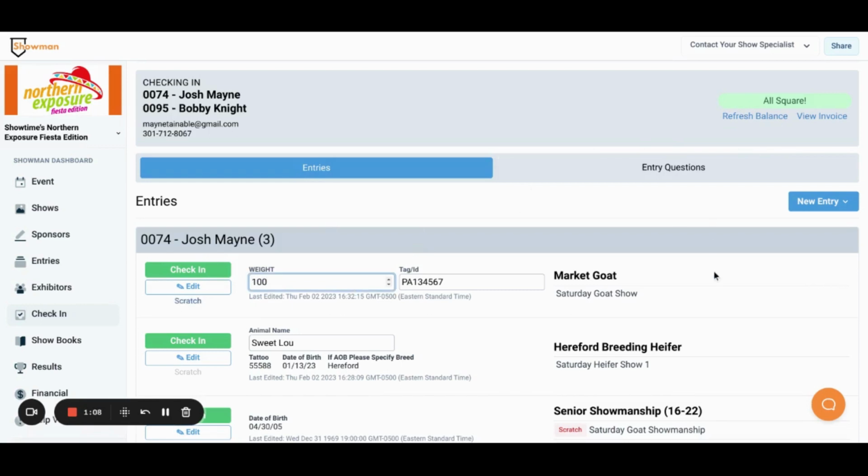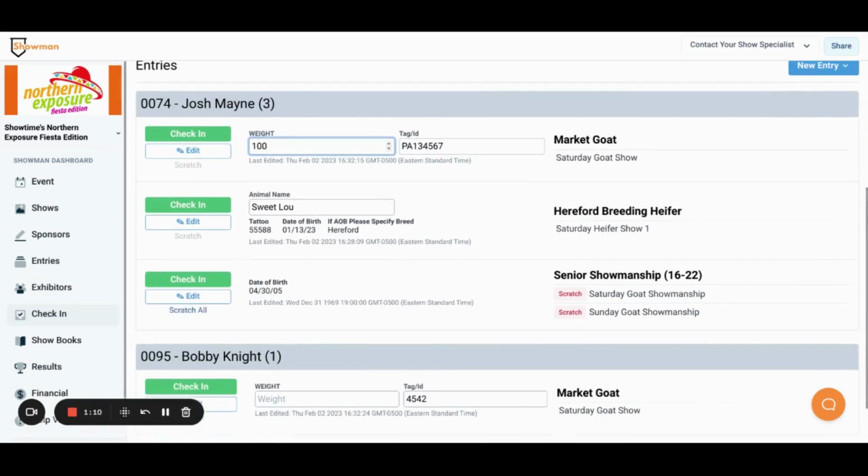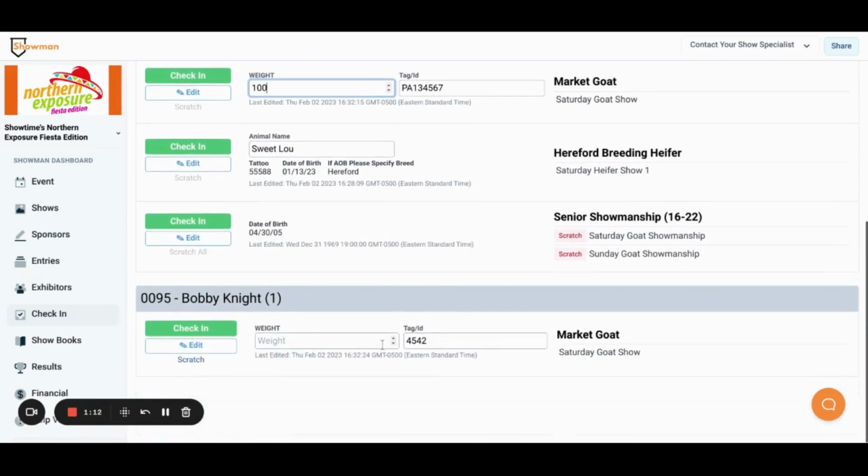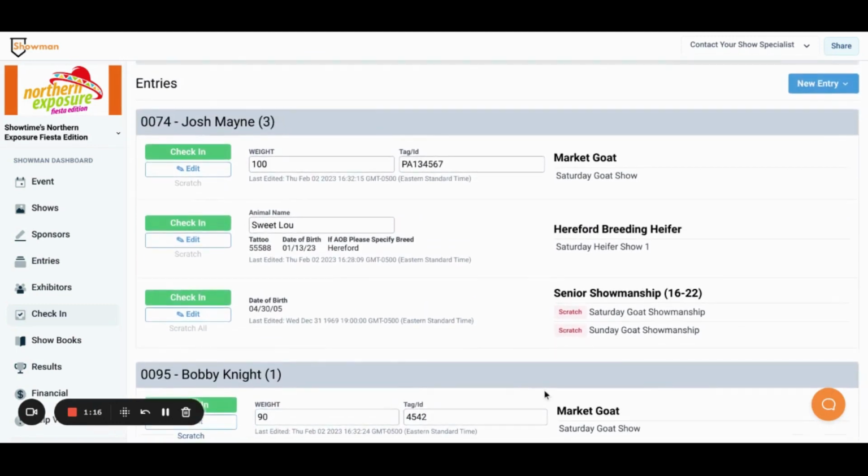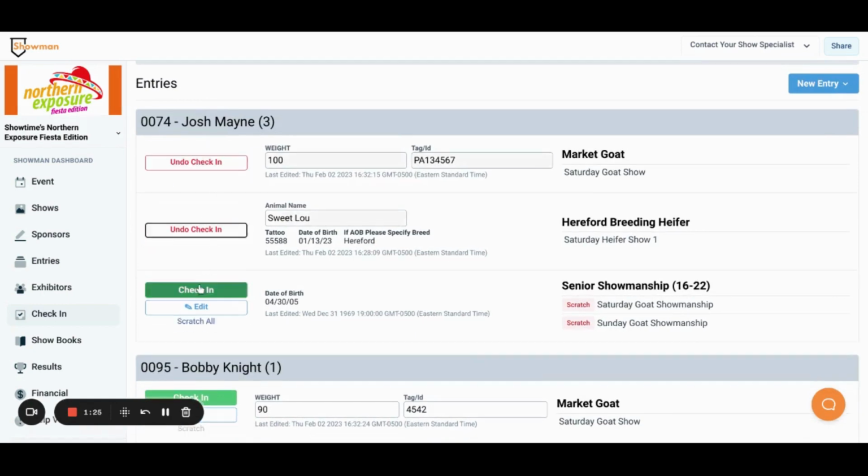So either you have scales and you're doing a weigh-in, or if they're turning in a card or something, I'm going to record those weights. And then I would just double check with them that they were going to enter everything they had planned to enter. And then I will go ahead and check them in and just click this green button to check them